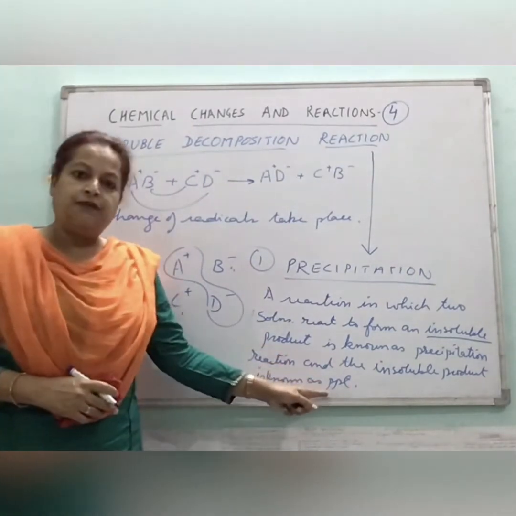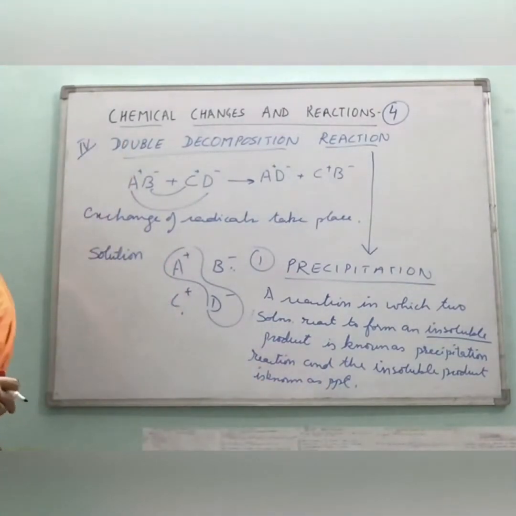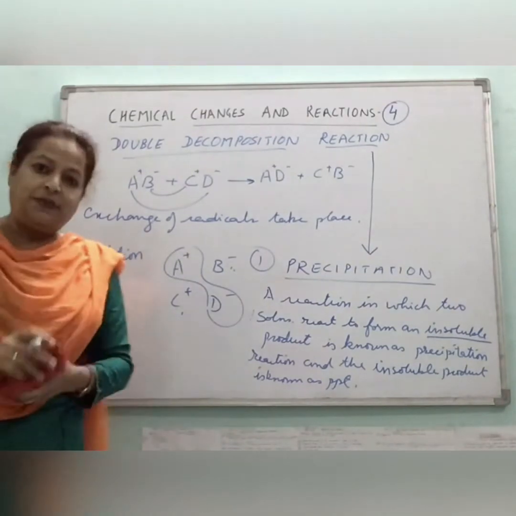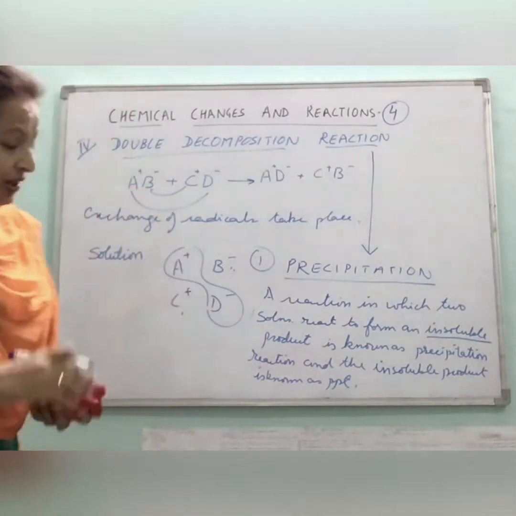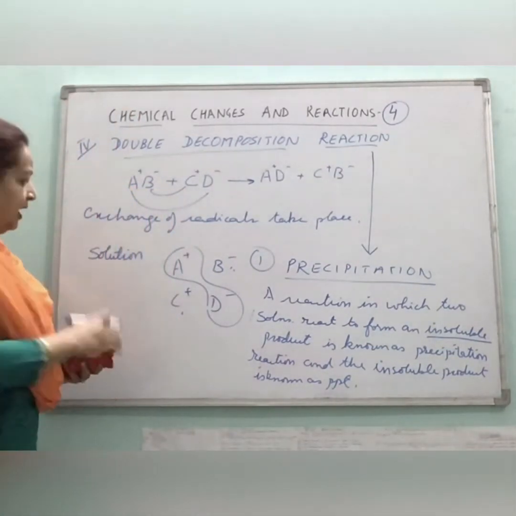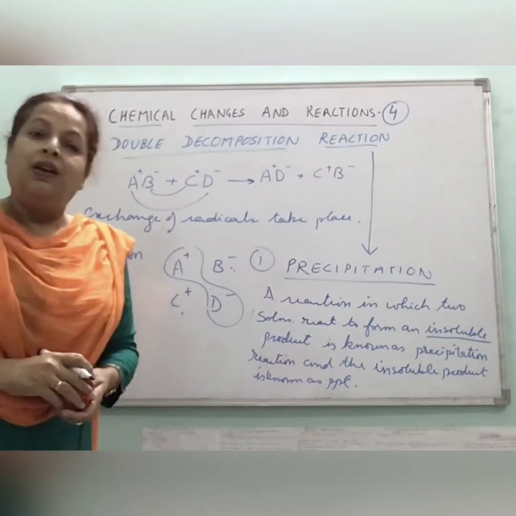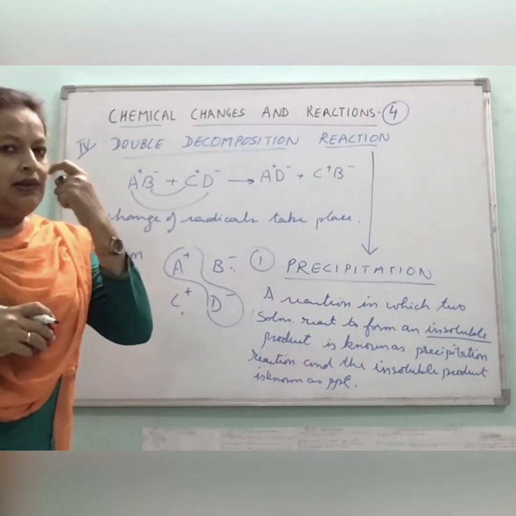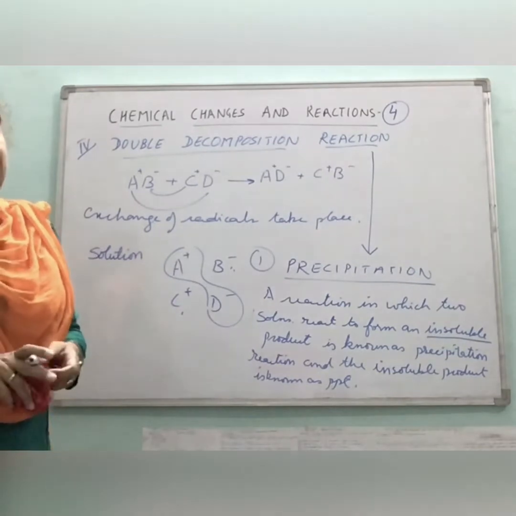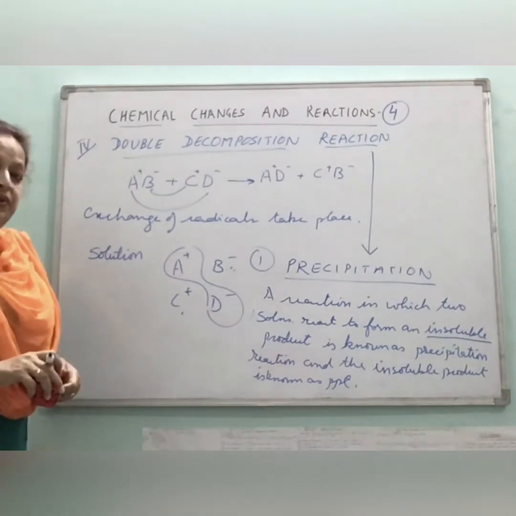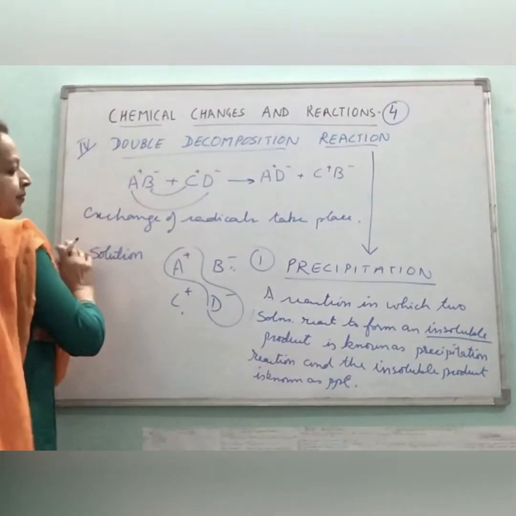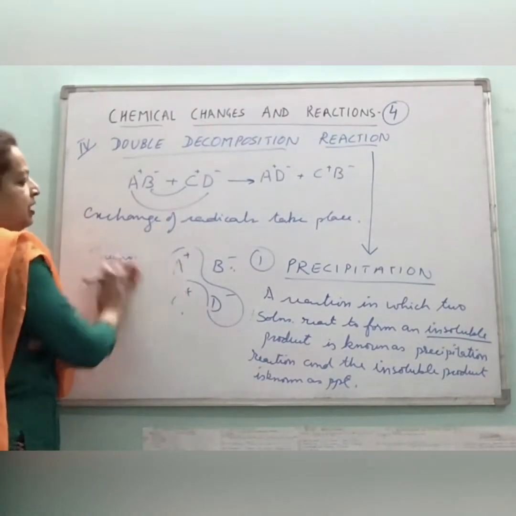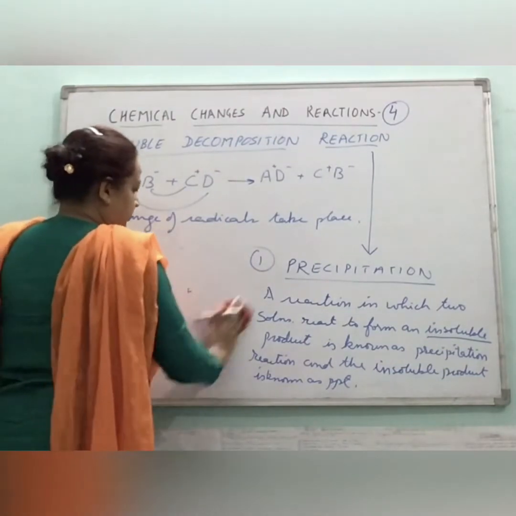So precipitate is formed. Well, how do you know which substance is soluble or insoluble? If you don't know, then you will not be able to write a reaction. I'll take some examples and I'll also give you a few very simple statements, and if you remember those statements, you will be able to tell the solubility of most of the substances. Alright, so let's continue with some examples of precipitation reaction.